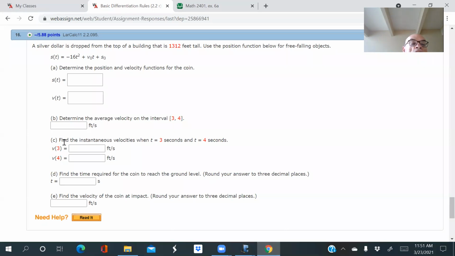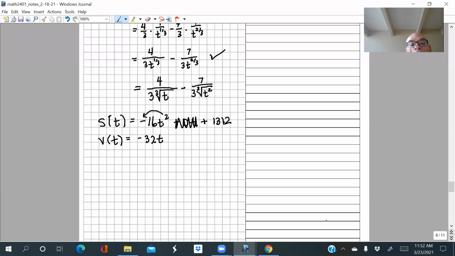Now, part B here is a little bit easier than it appears, because it says, what is the average velocity on the interval from 3 to 4? That means from the 3rd second to the 4th second. Okay, you don't need the velocity function to answer this question, Daniel. This means the average rate of change, okay? So what was the average rate of change from second 3 to second 4? Okay, so this is an average rate of change problem. So we just use our average rate of change formula to